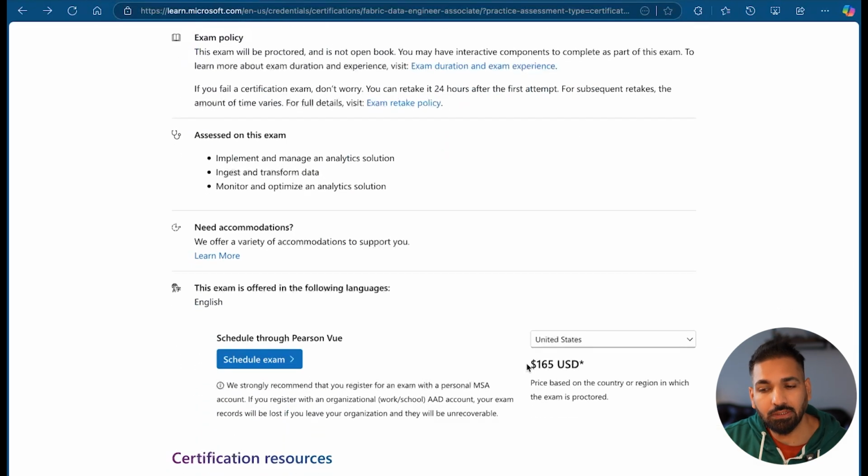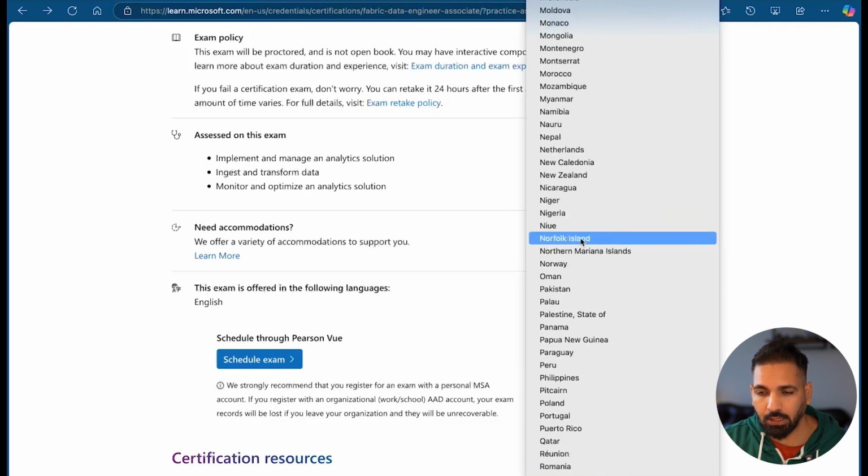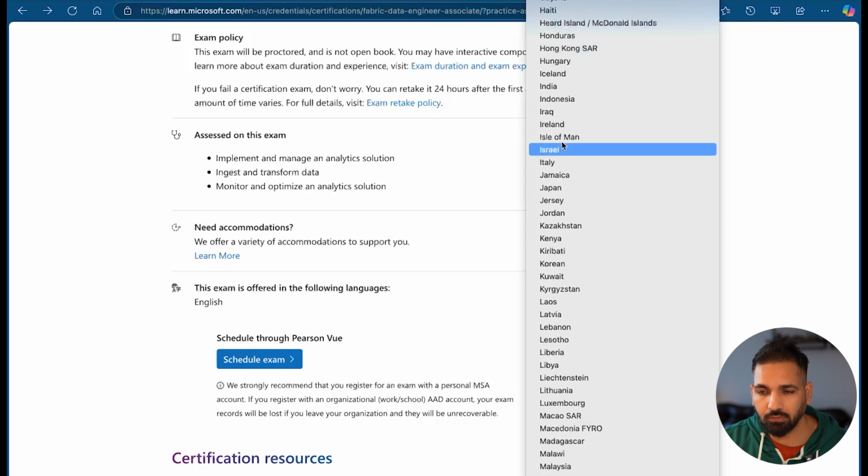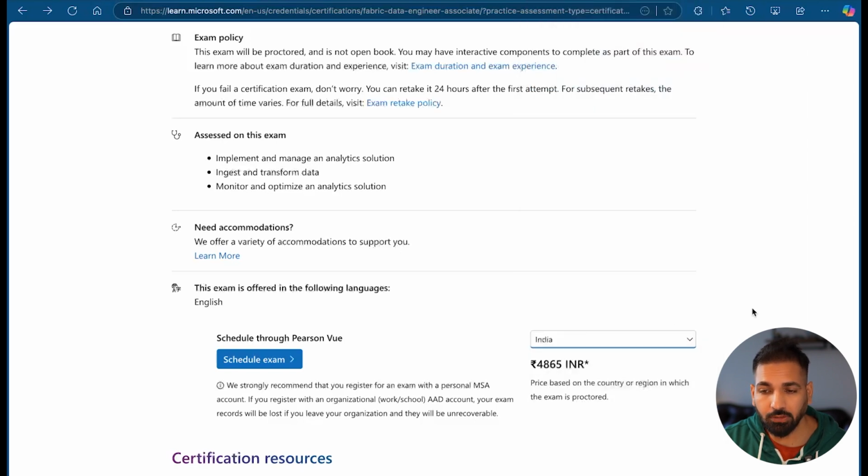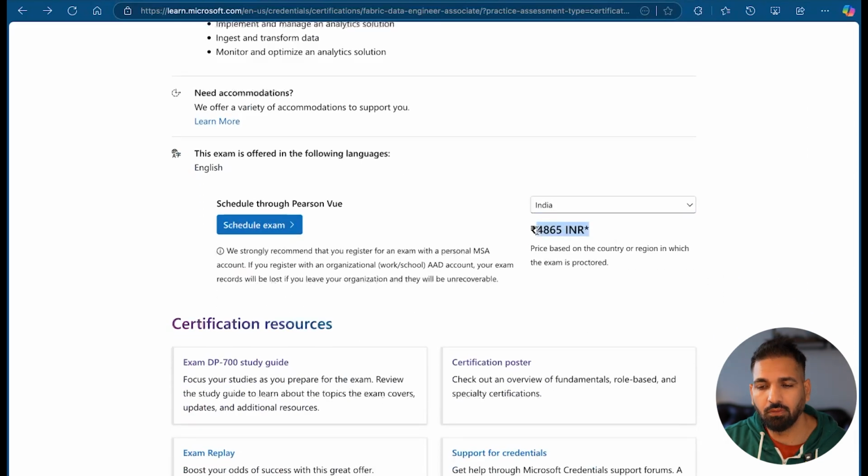In the United States, it is 165. However, if you go to another region, let's say India, it's going to be quite cheaper as compared to the United States. It's 4,865. However, here I would also like to emphasize that please do participate in Microsoft Cloud Skills Challenges,